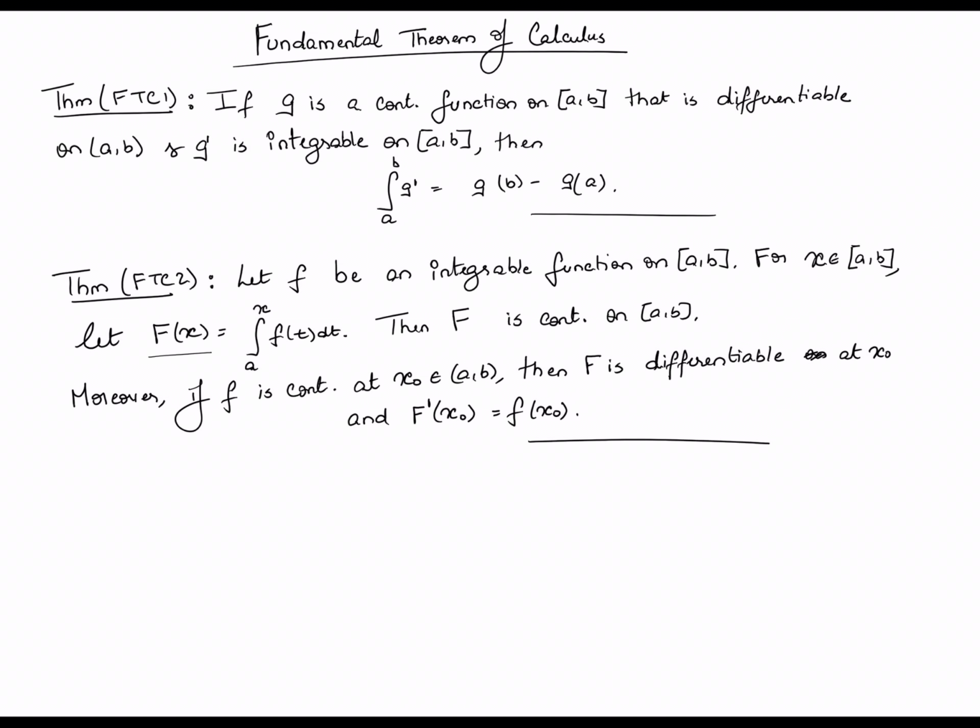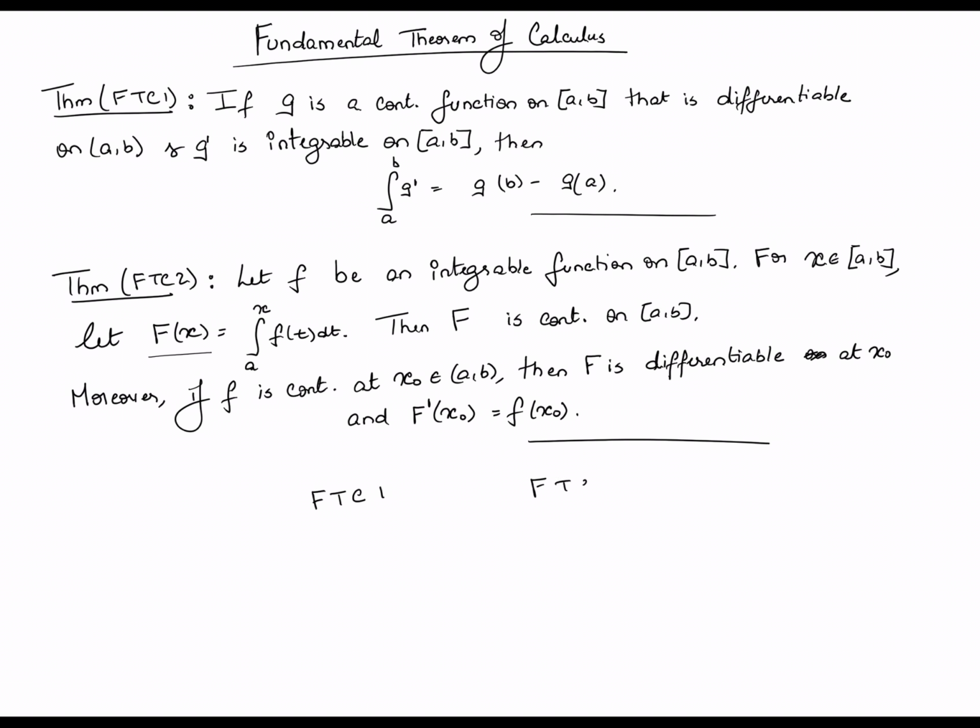If you combine this with the statement of FTC1, essentially FTC1 deals with the integral of the derivative of g. FTC2 deals with the derivative of the integral of f, right? So in one case you're taking the derivative of the integral, in the other case the integral of the derivative, and the hypotheses involved are slightly different, right? So just to maybe say a few words about the relationship between the hypotheses in these two cases, note that in FTC1